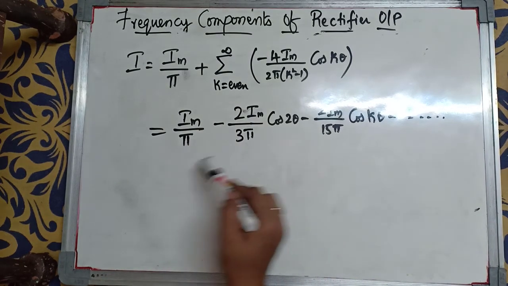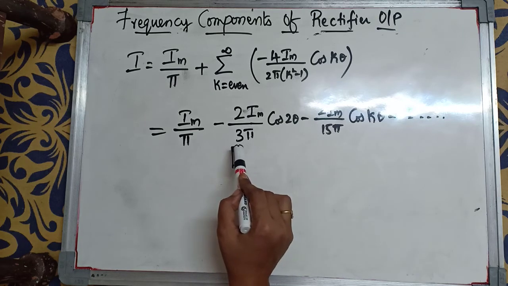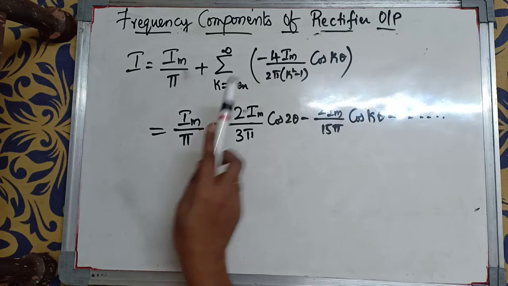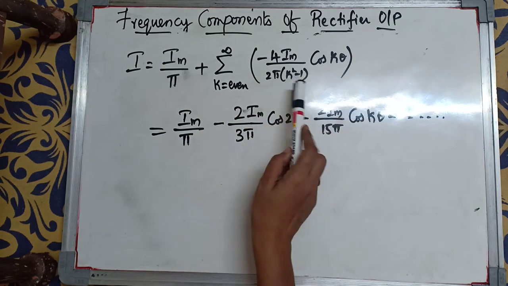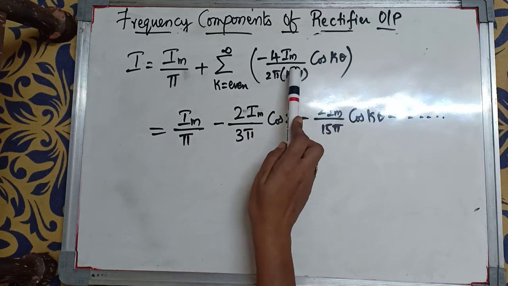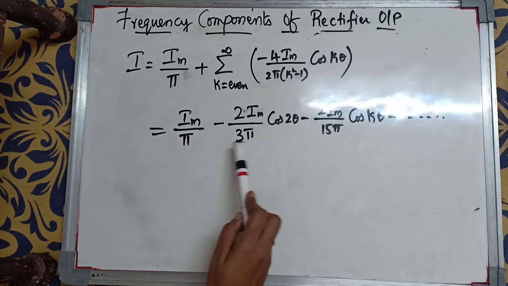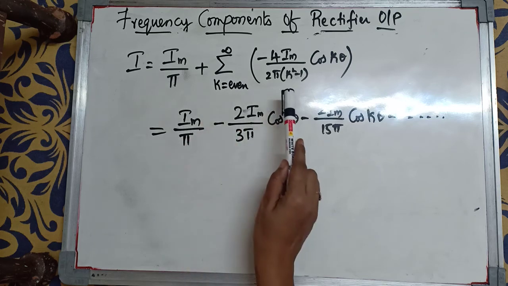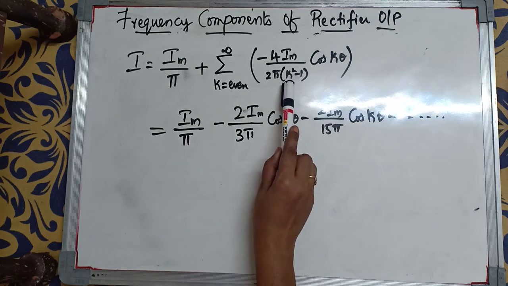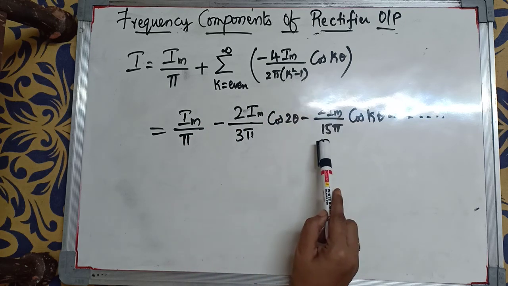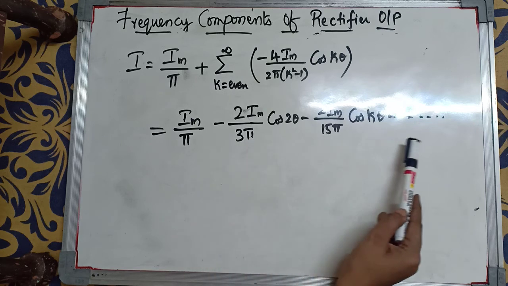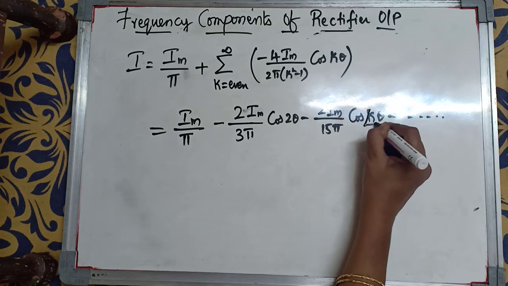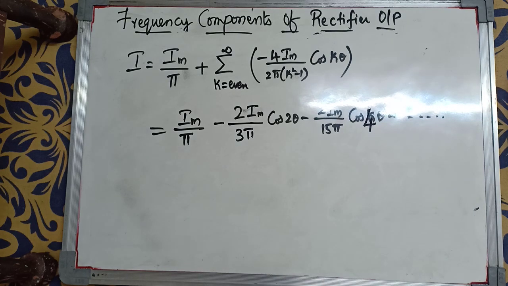This is the equation which we will get. How did we get this 3 pi? First of all 2 and 4 we can cancel, so we get 2 in the numerator, and for the first even number, if we substitute 2, that is 2 square, 4 minus 1, is 3 pi. Similarly here again we got 2 in the numerator, and for the next number, if we substitute 4, 16 minus 1, we will get 15 pi. Like that we will get all the terms. Here it should be 4, not k, because we are substituting k is equal to 4.